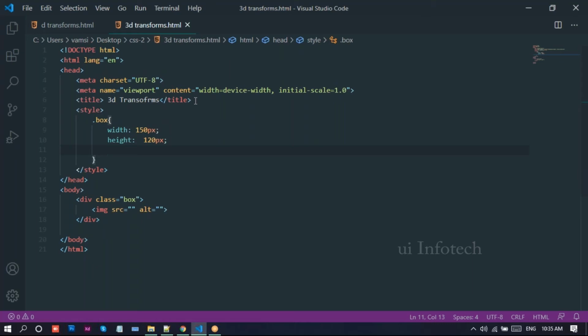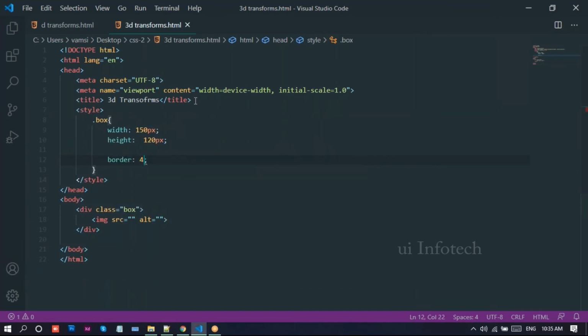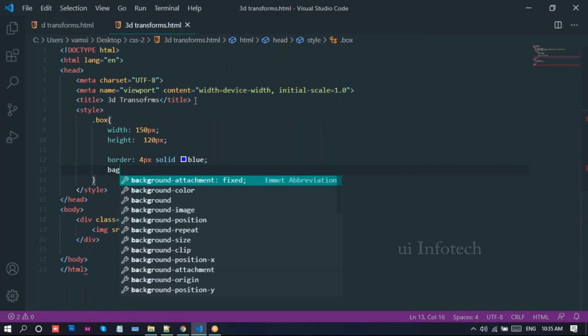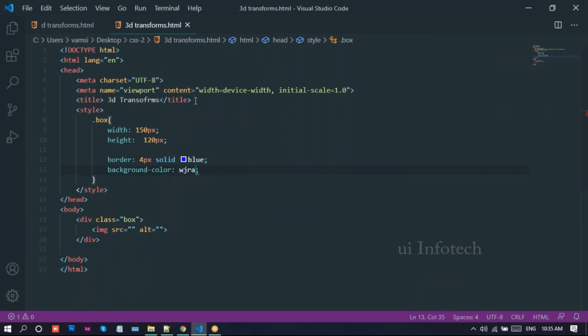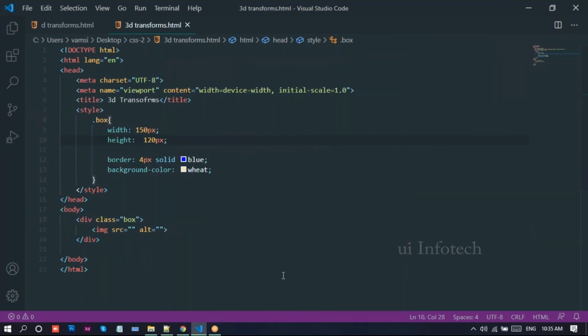I'll also take a border of 4 pixels solid blue. Next we have the background color. Let me run this on the browser.